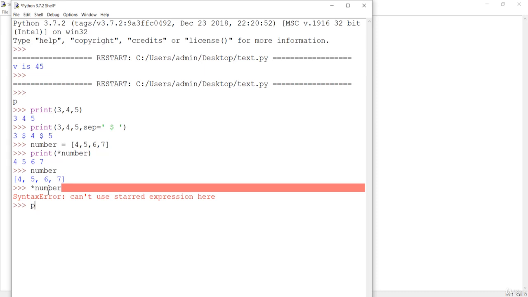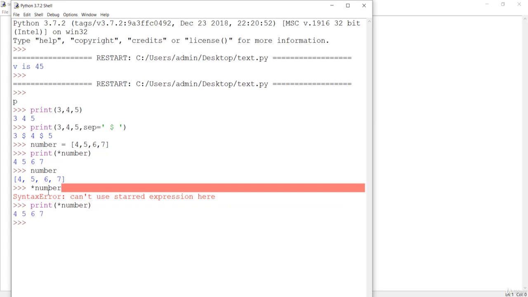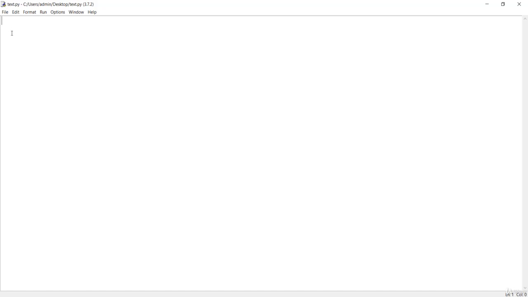Okay, we have to print this first and pass it over here, and you can see that there is unpacking of the numbers, which is not the case when we just print the list. So this is the unpacking, where we just unpack the list. Now let's see packing the arguments. Packing the arguments will be implemented by the function. So let's create a function that will add multiple numbers.